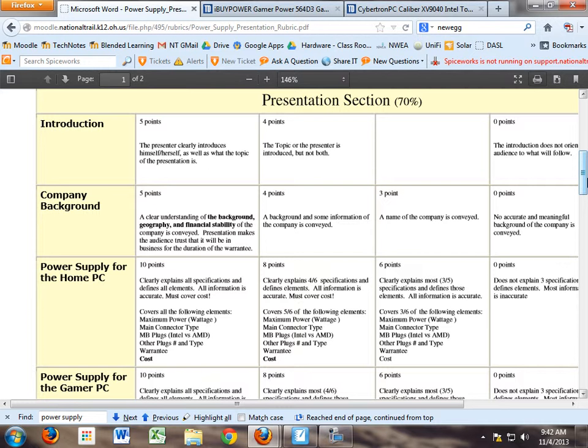Okay, the next one. A clear understanding of the background, geography, and financial stability of the company is conveyed. By the way, you're trying to sell us something from the company. Okay? So, if the company is conveyed, the presentation makes the audience trust that they'll be around for the duration of the warranty. In other words, if you don't tell me your company's been around for 20 years, and I don't know anything about Corsair, you're sitting there as a person who's going to buy it, and I don't tell you